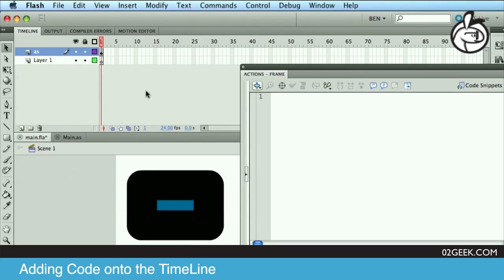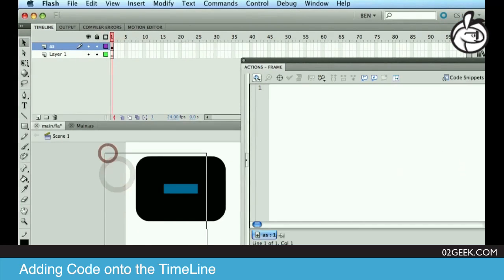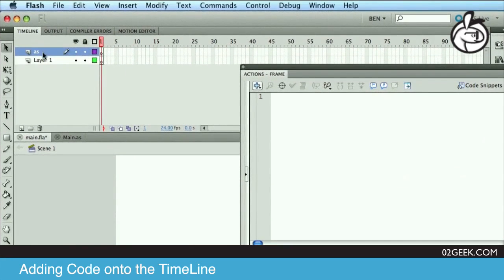To our point, what that means is that we want to make sure that our frame is selected and not the object. And the way I make sure that that will happen is that any items that I create, I don't create on the same layer as my AS layer. So I like to just lock my AS layer, making sure that I won't put anything on it. So I could select that layer and directly go into my actions panel,